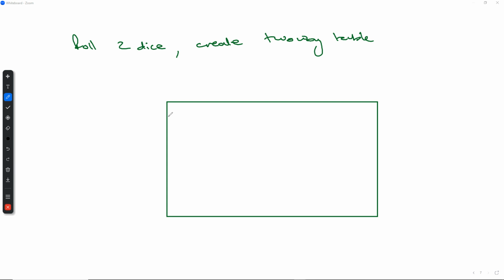So it'll look like this. Two dice: you're going to have 1, 2, 3, 4, 5, 6, and then 1, 2, 3, 4, 5, 6. When you roll each die, so you have die 1 going this way and die 2 going this way, you add it up. This is going to be 2, this is going to be 3, this is going to be 4, 5, 6,